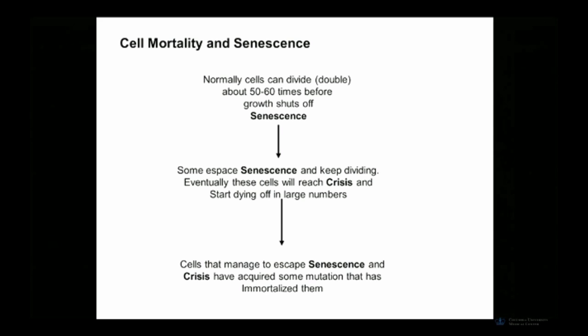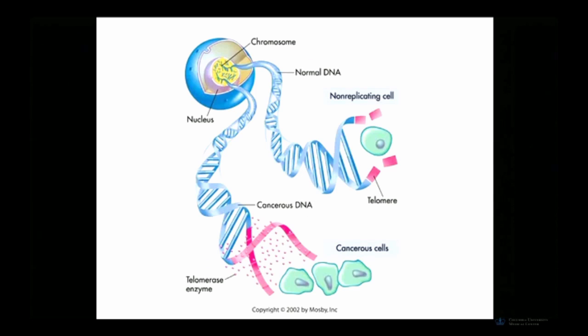Okay. Because the normal control that prevents proliferation beyond 50 or 60 divisions has been silenced somehow. So how does this work? Well, that's a big question, how this works. And one important piece of that answer is actually a relatively new discovery, maybe in the last 10 or 20 years. There's a brilliant woman by the name of Elizabeth Blackburn who discovered